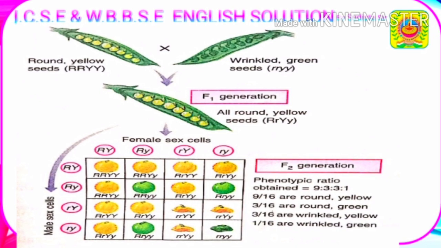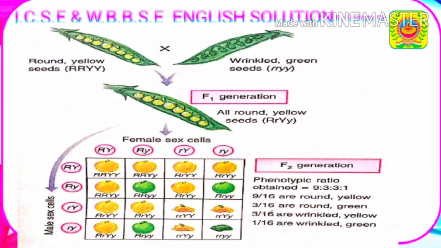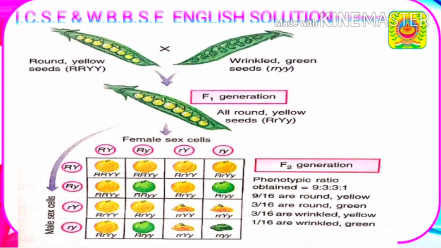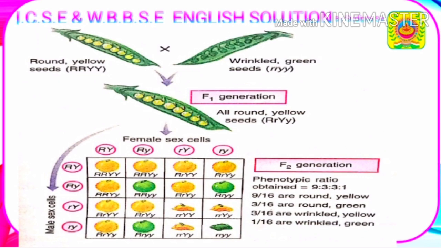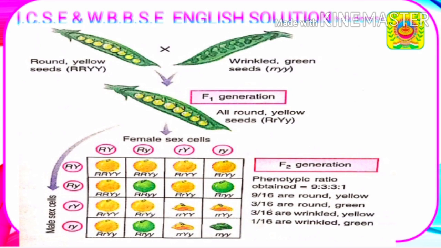Now just try to make the table yourself, and after making the table you'll form the phenotype ratio, that is 9:3:3:1, and while you are forming this table just keep in mind that the dominant one will be followed by the recessive. That's all. Now we'll move on to the next topic,